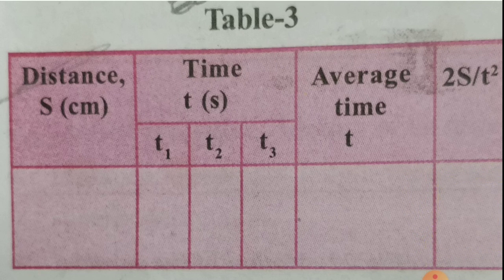Once you get this, draw a graph between S and T values, and you will get the slope. It is nothing but the acceleration with which the marble is moving on the track. This is the way to find the acceleration. And we have finished our lesson, children. For the next class we will come up with a new chapter. Read the textbook and go through the example problems based on the equations which have been given to you. Go through the textbook once or twice.